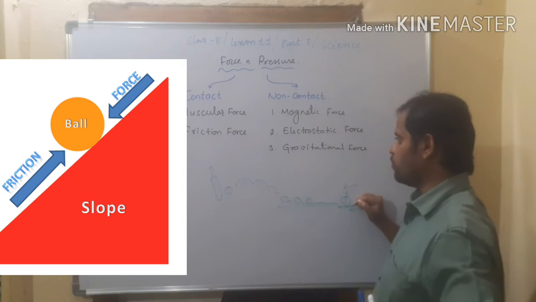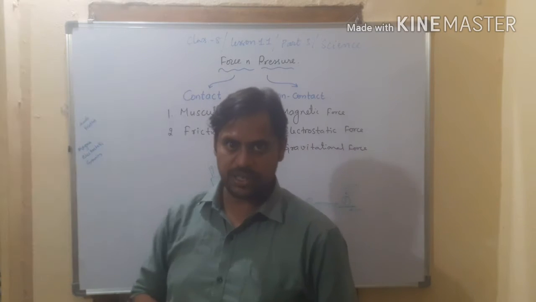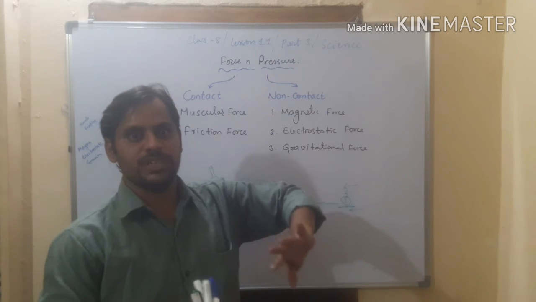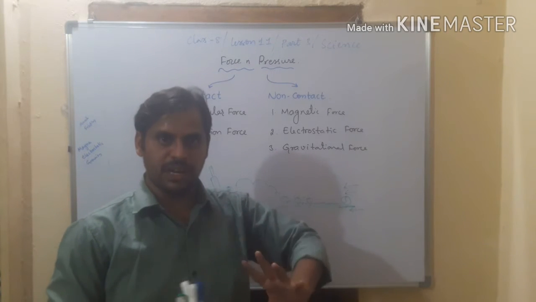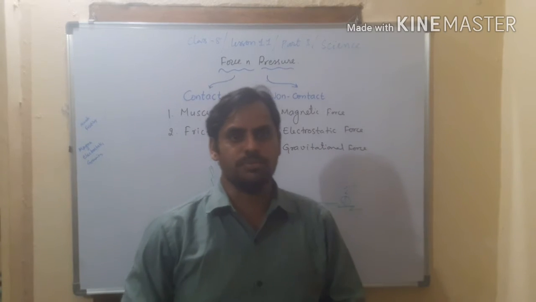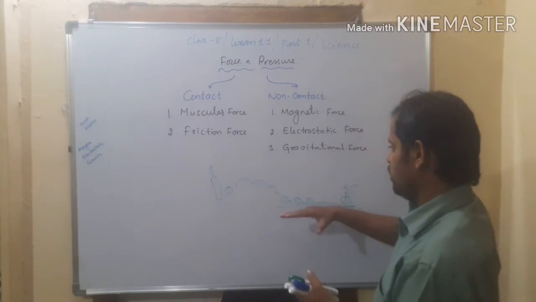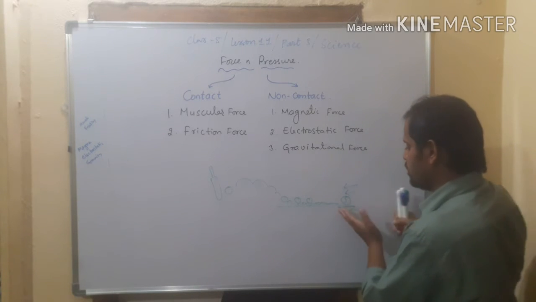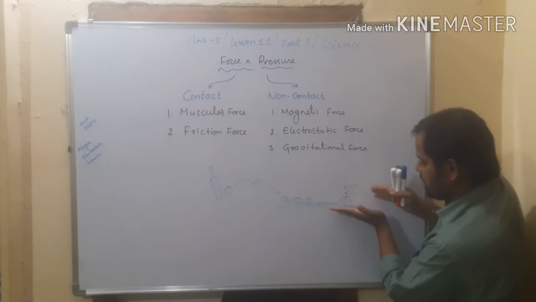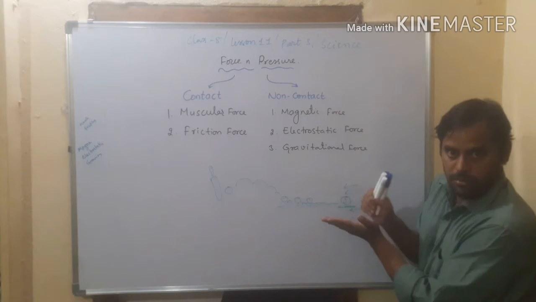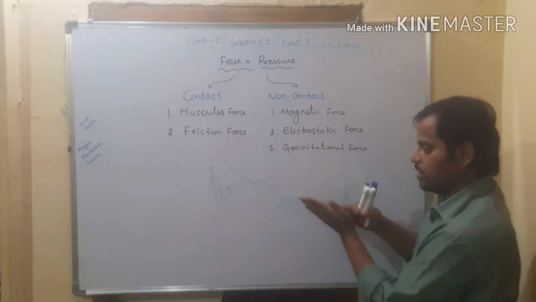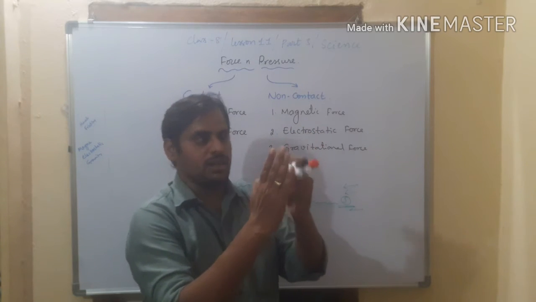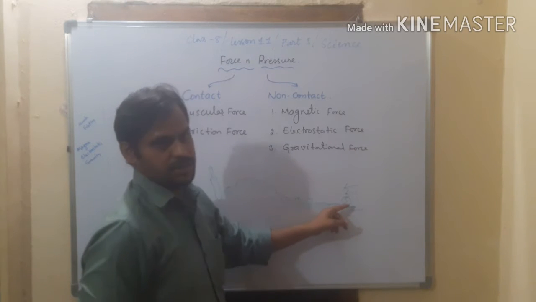Right? So the friction force is the opposite force which is able to stop the moving object. It can reduce the speed of the moving object, or it can stop the moving object. But here, see, when the ball is rolling, it touches the ground, so there is a touch between the two surfaces, the ball as well as the ground. They are touching together, so it is called friction.